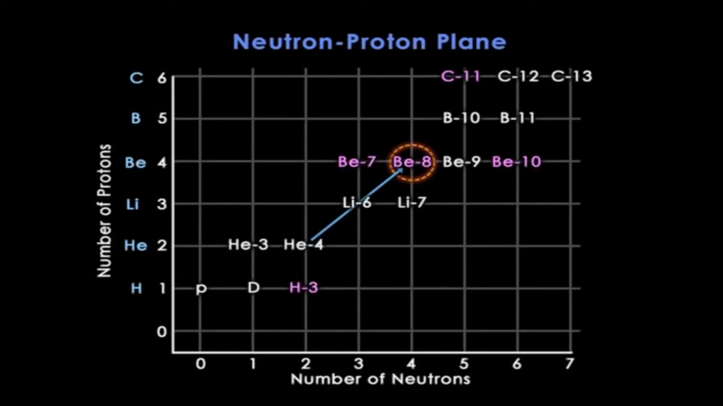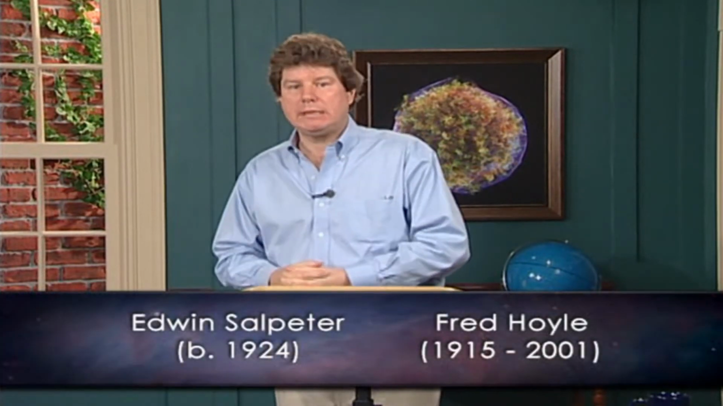But this is an exceedingly unstable nucleus. It lives for just 10 to the minus 16 seconds before breaking apart back into 2 helium-4 nuclei. So that reaction is also blocked. Now, what actually happens is rather remarkable and was first figured out by Fred Hoyle in the early